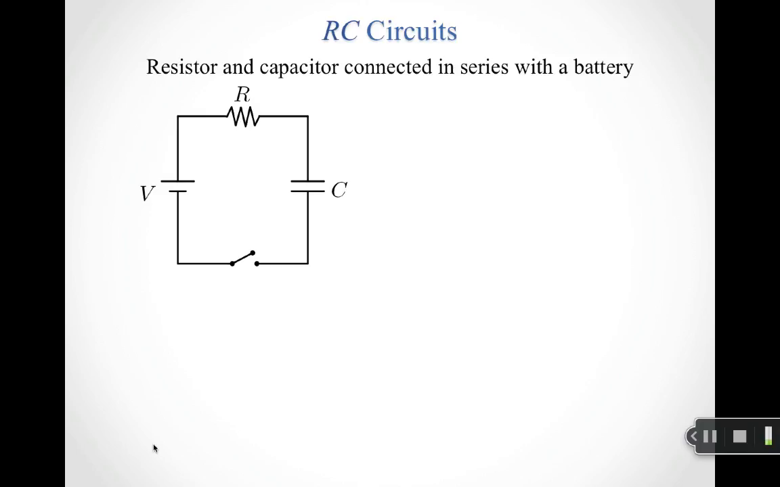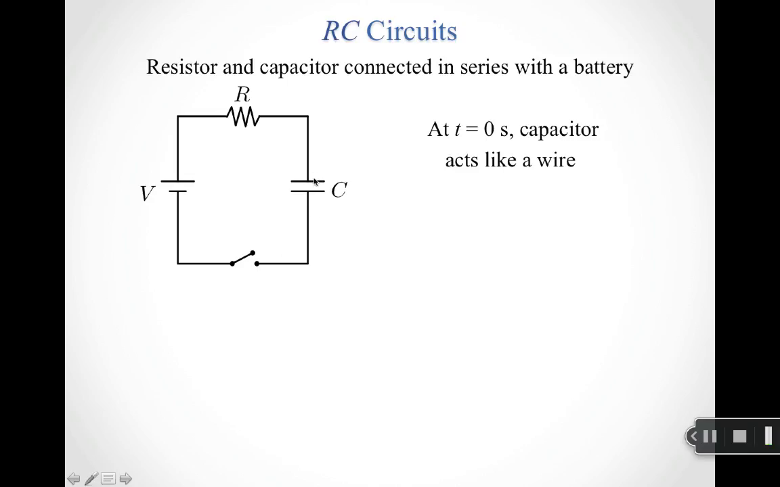So we've talked about circuits with resistors, we've talked about circuits with capacitors. Now we're going to talk about what happens when we put both of those circuit elements into a single circuit. And so the simplest way we can do that, of course, is connect a resistor and capacitor in series with a battery. And so here we've got a switch, and what we'll do is at t equals 0, we'll close